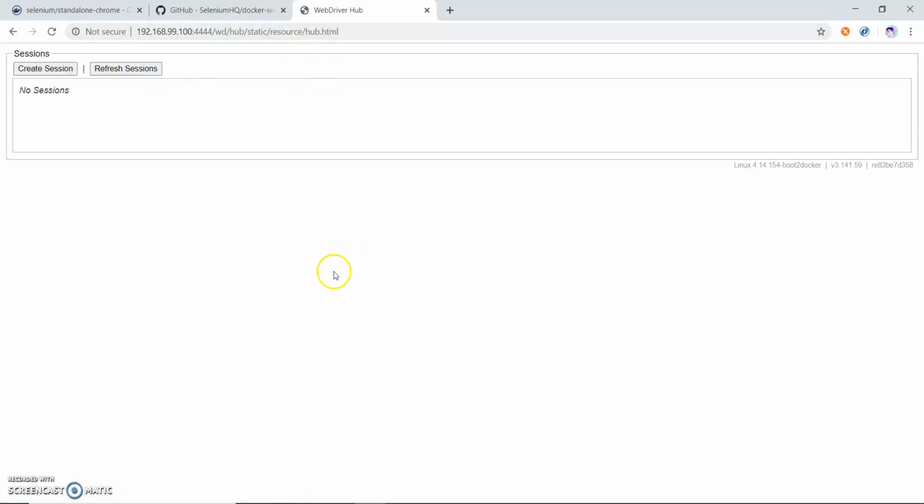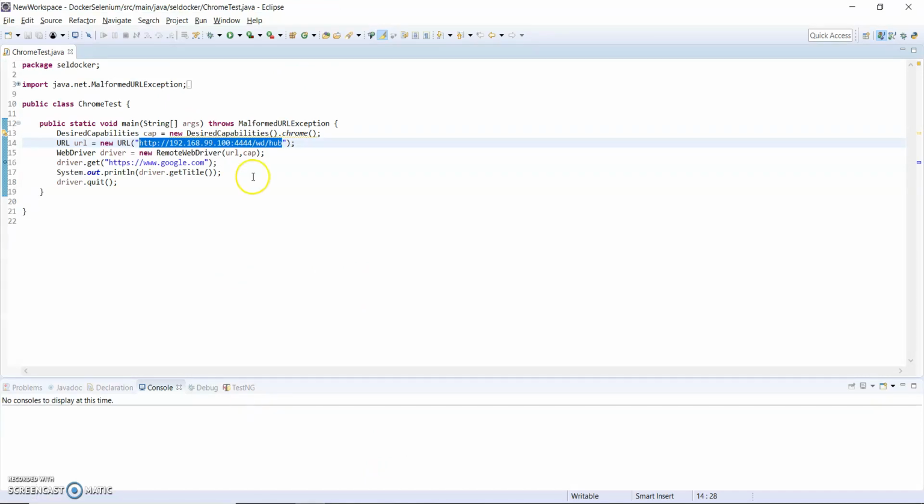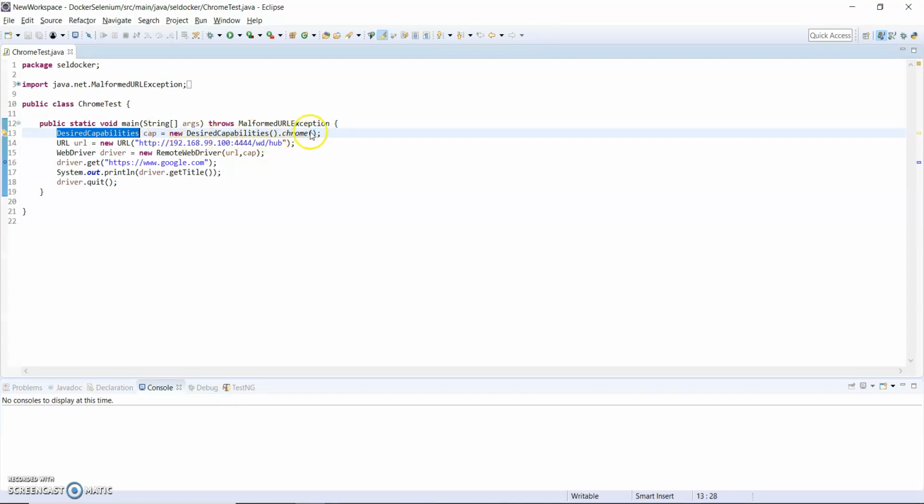Yes, so it is opening. Now let me explain this code. Here I am using DesiredCapabilities. I am using the Chrome browser, so I use DesiredCapabilities.chrome. Then I use a URL because I am using RemoteWebDriver.